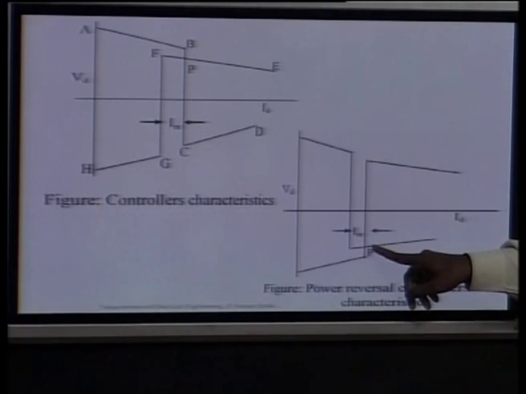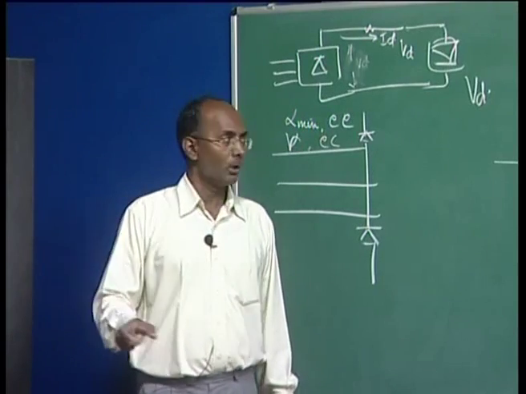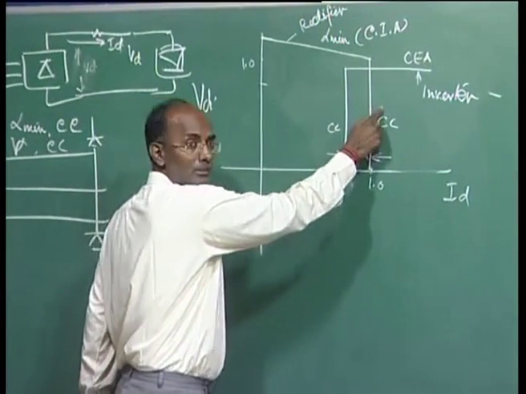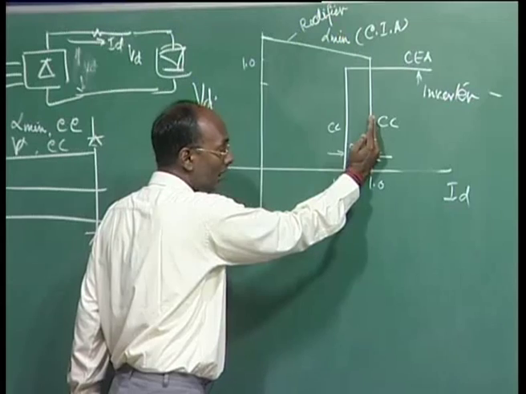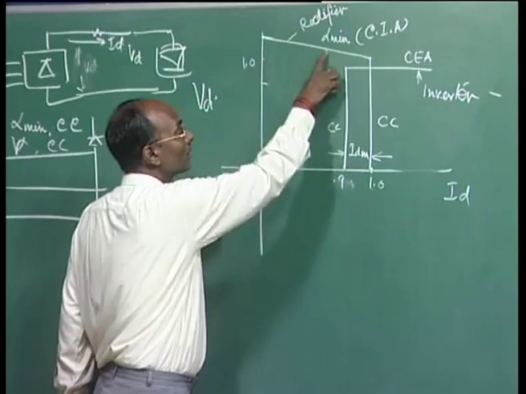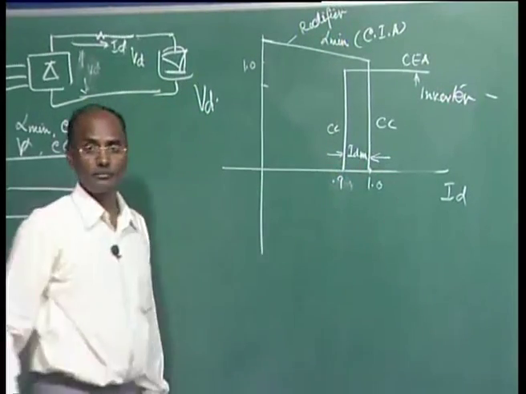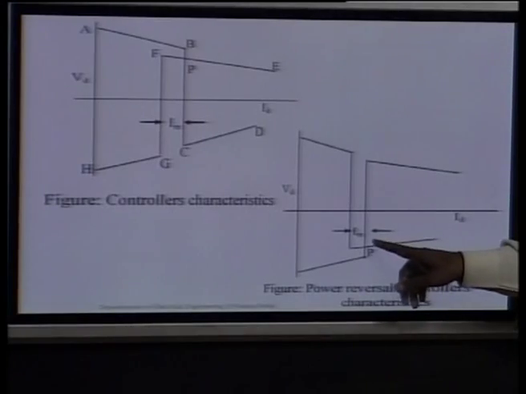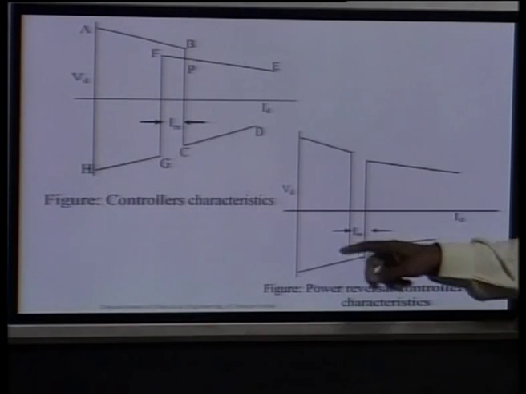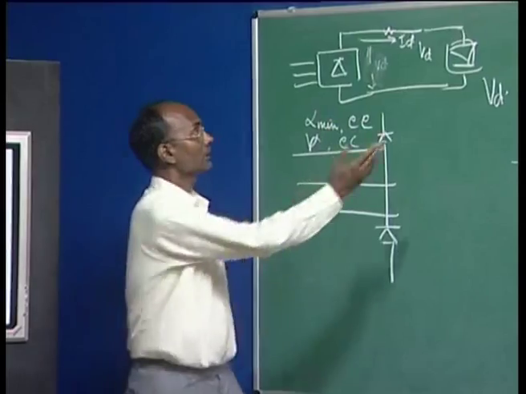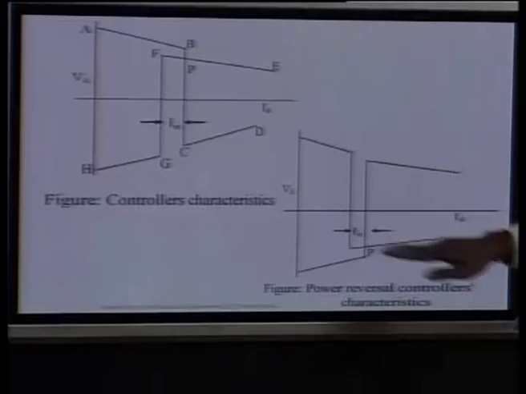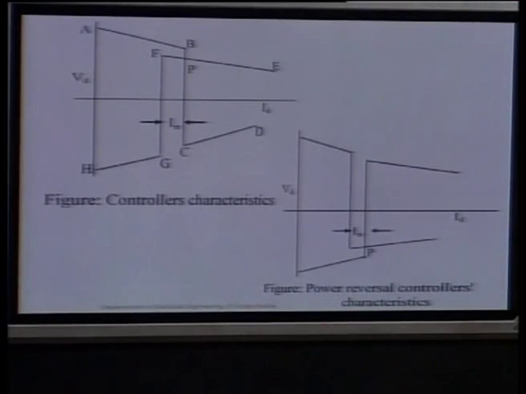So in the power reversal what we do, we simply move this CC this side and this is going to be this. Means this is high, in this case a larger value, this is a lesser value in the inverter end, and now here this value becomes less and this value becomes larger. So that we can have the intersection, and this will be your operating point. This will be your VD, this will be your ID, and this is the power, because negative here the power is flowing from this side to this side. But again the current is flowing in the same direction. You can see current is always positive, only we are changing the voltage.